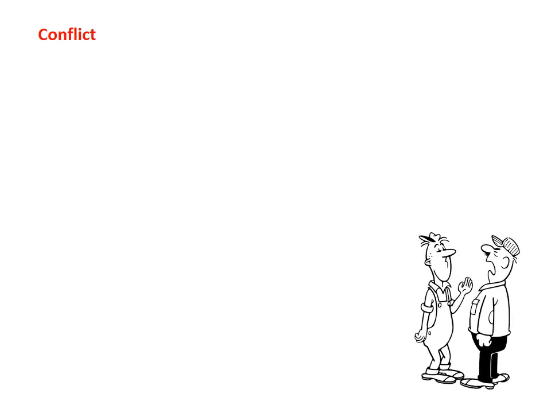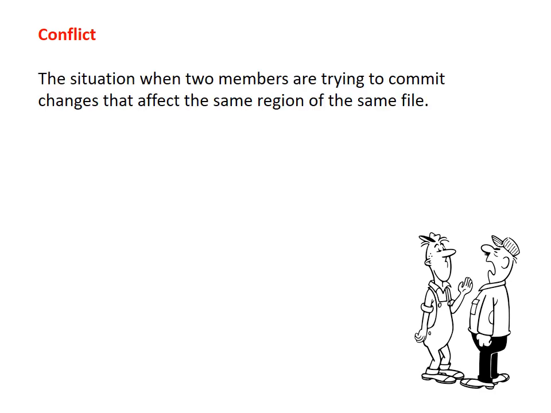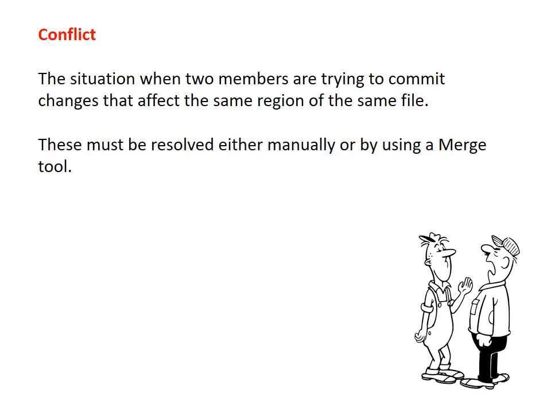The next one is conflict. When multiple developers are working on the same project, conflict may occur. When two different users make a change in the same line of the file, it is said to be a conflict. Version control cannot decide automatically. To resolve the conflict, you can do it in two ways: either manually, or by using the merge command, you can tackle the conflict.